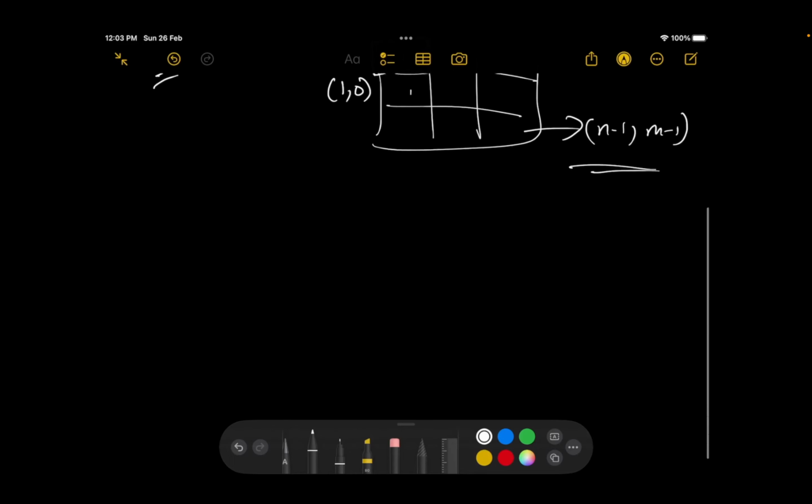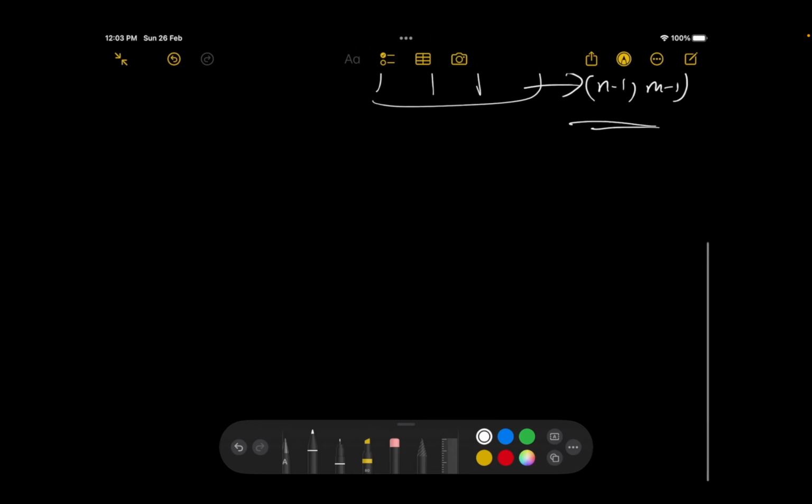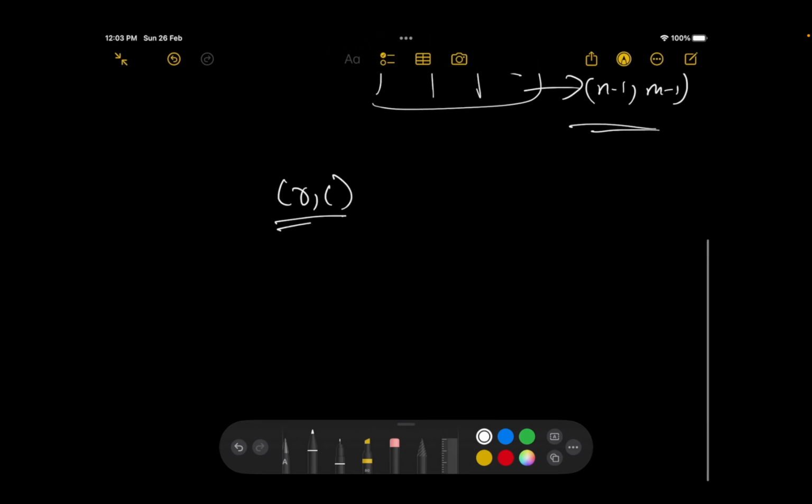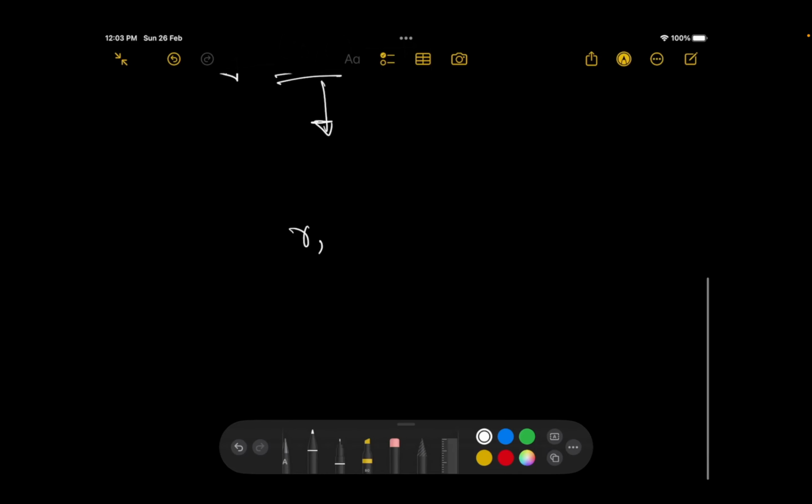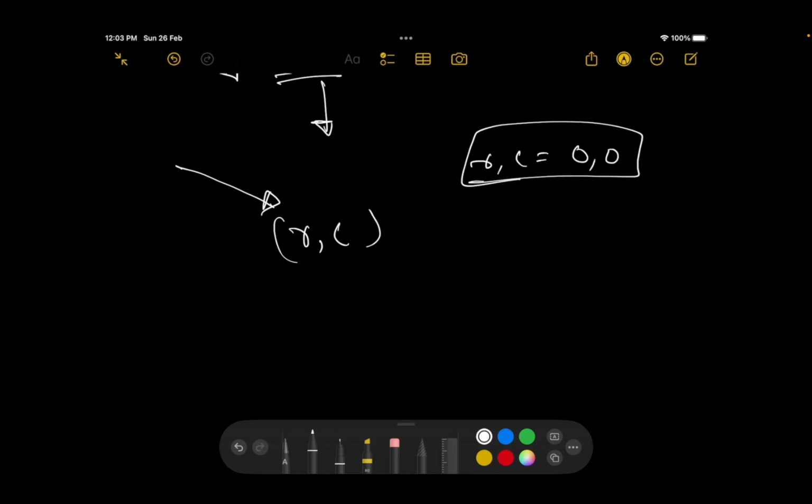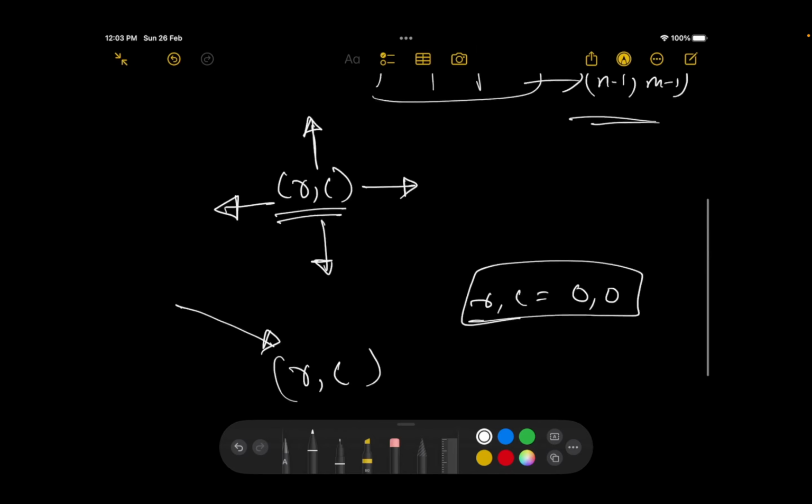Now what if I'm talking of another cell? Let's say any random cell, let's call it R, C. Would I be able to go to all of its neighbors? Yes, definitely. Now let me prove this to you. In order to get to R, C, if R, C is not equal to 0, 0, since that's the exception case we are already handling at the start itself,